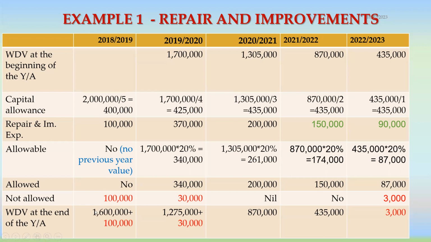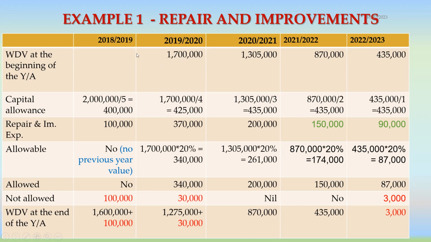So the written down value is 1.6 million. To that amount we can add that 100,000. Then we can consider the aggregate of these two as the beginning written down value of the year of assessment